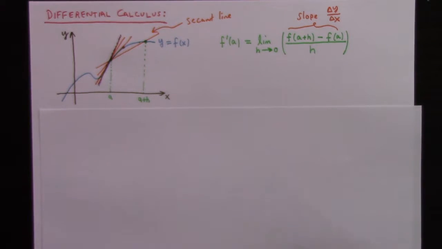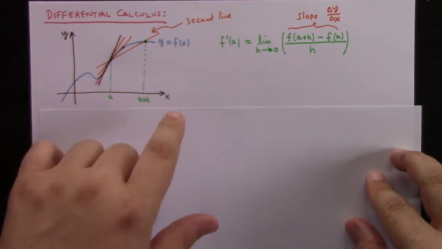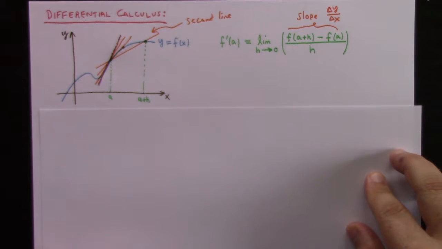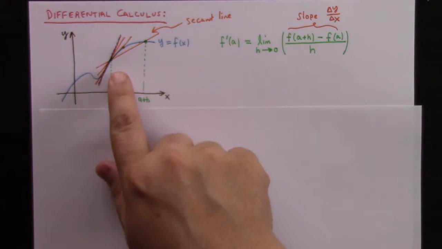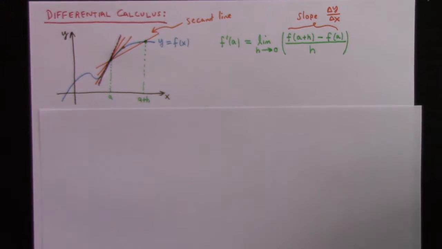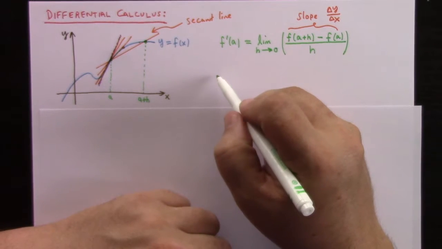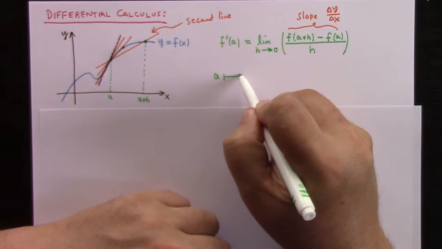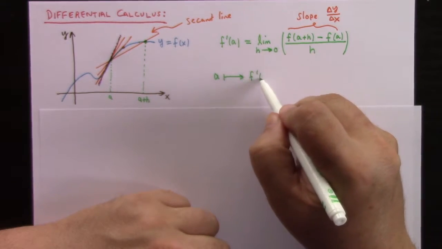But if the tangent line does exist, then that means this limit exists, and the value of this limit at the point A is the slope of the function at A. It's called f prime of A. Of course, if we do this for a bunch of points at once, we define what's called the derivative function, right? So if we say A maps to f prime of A